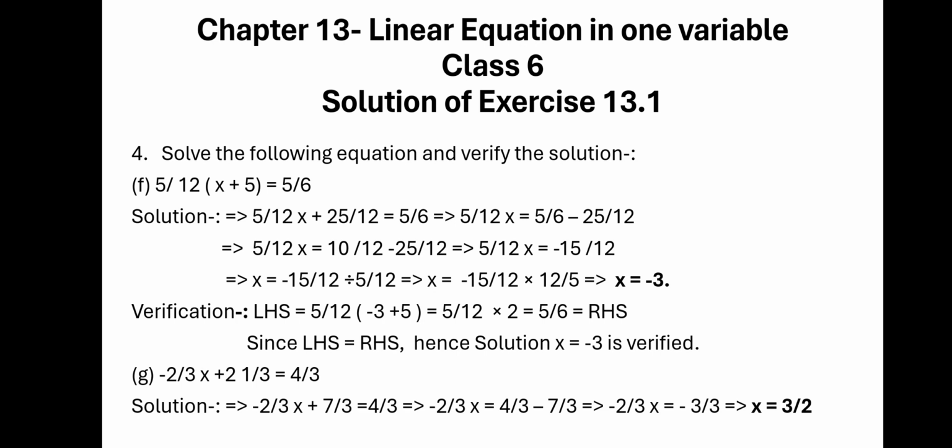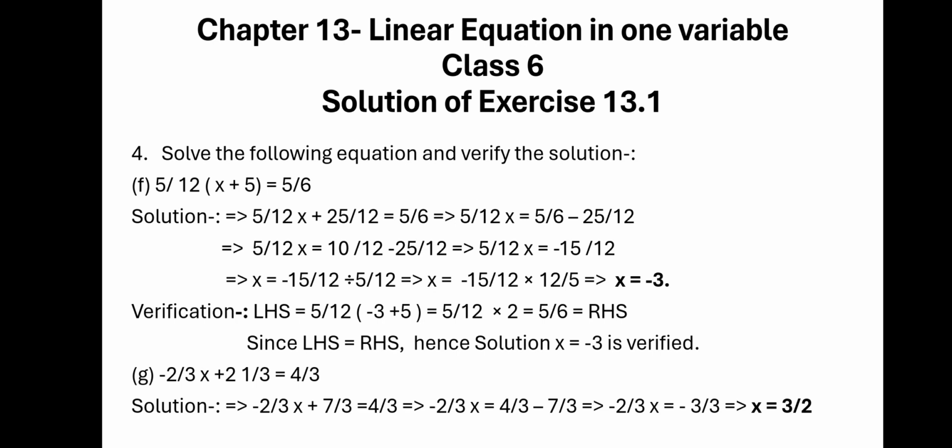So 5 upon 6 minus 25 upon 12. That implies 5 upon 12x is equal to 10 upon 12 minus 25 upon 12, because 12 is the LCM and 5 is there, so we have to multiply by 2, and 6 is in the denominator, so we have to multiply by 2. So 5 multiplied by 2 gives you 10. 10 upon 12 minus 25 upon 12 implies 5 upon 12x is equal to negative 15 upon 12,